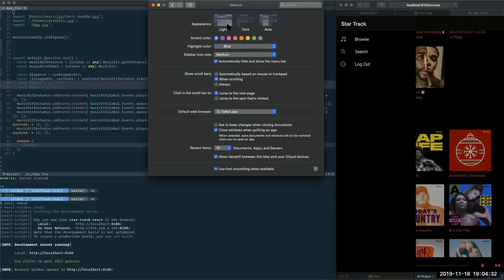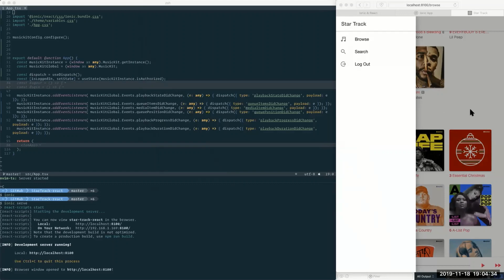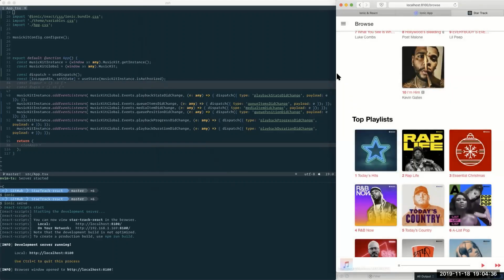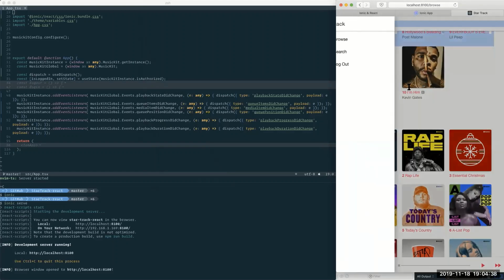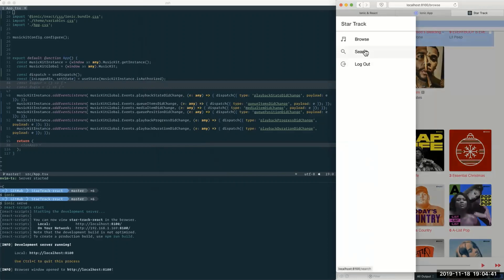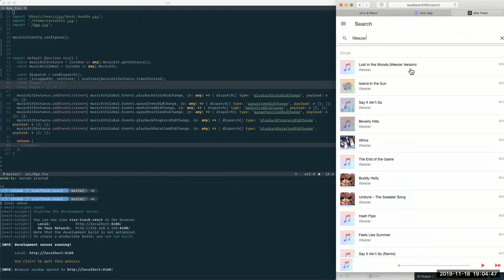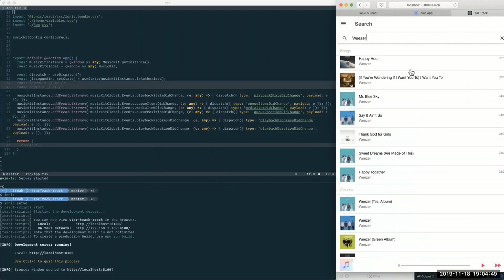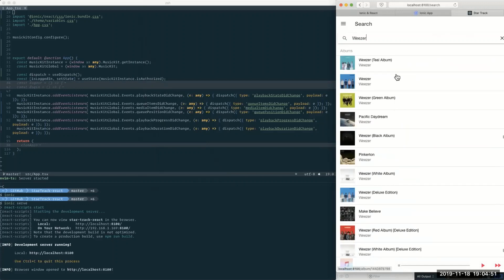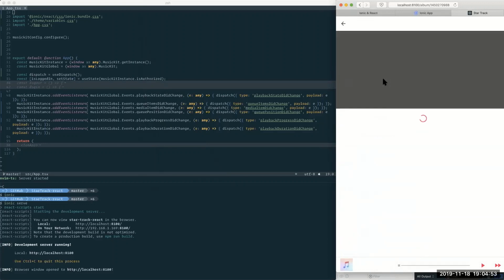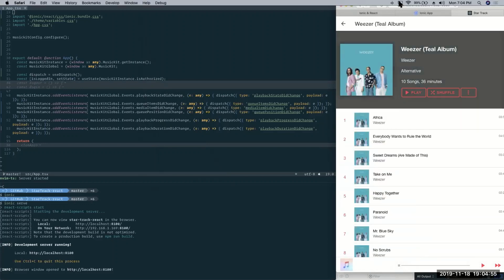Go to light mode. We'll just hide that real quick. We have that swipe menu that you can see you can drag out with your hands. We can go to search. I could search for a band, call Weezer, load up all these songs. Actually, let's check out the Teal album. And we get this really nice material design experience that users would be expecting to get when they load up